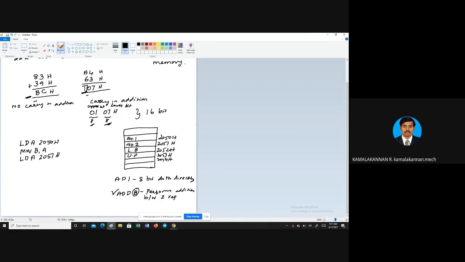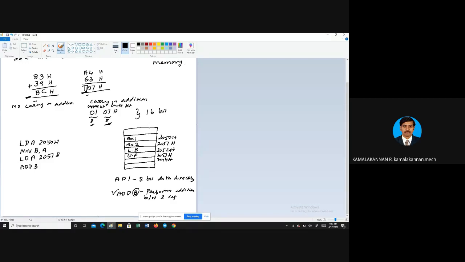Of course ADD. So what I write here is ADD B. So now in the program, the number 1 has been moved to B, and the other number is in A, and they are added.